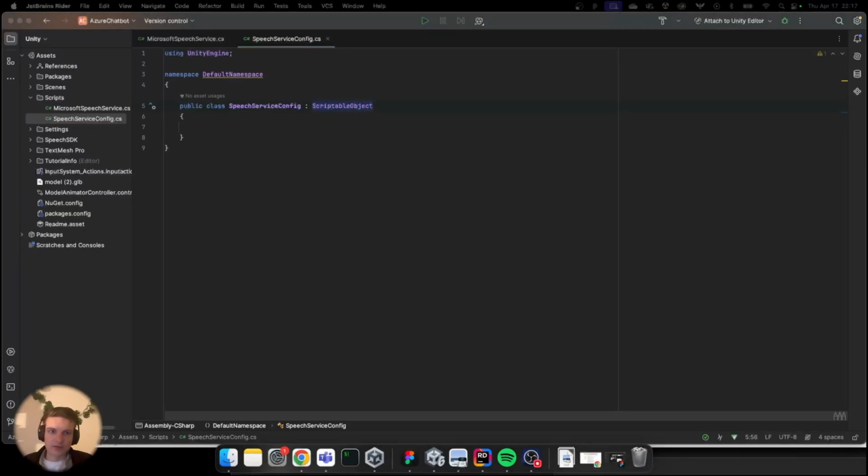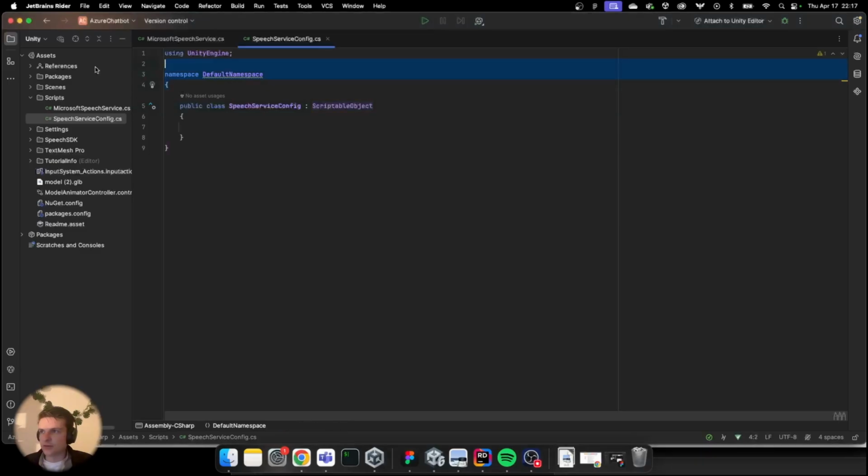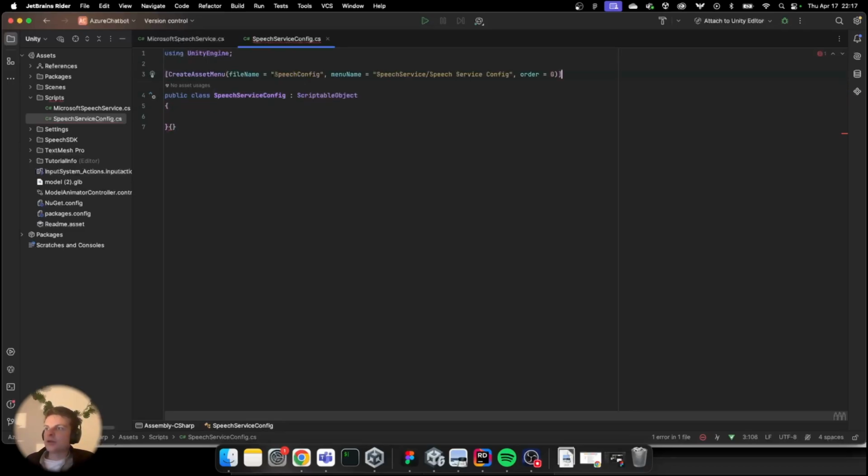Take out the namespace, not really needed in a project as small as this one. Do something like this, say a file name, and have a place where you can actually create this scriptable